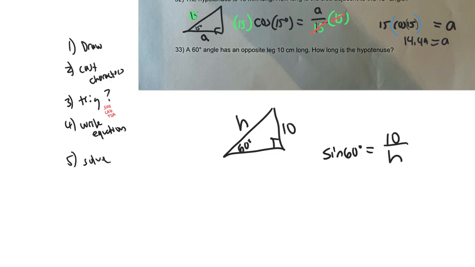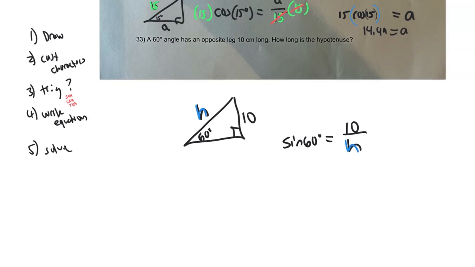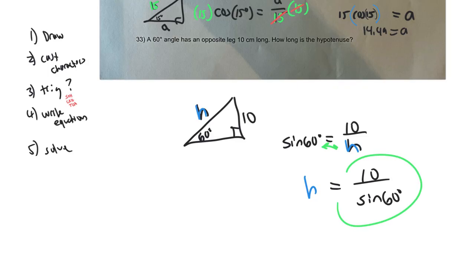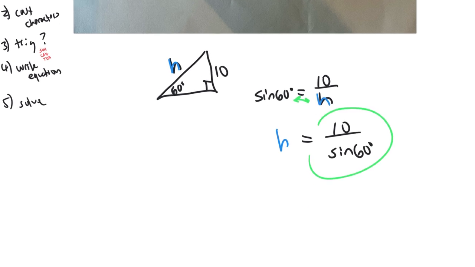Uh-oh, we got a swapperino alert. See that blue H? That blue H is going to swap with the sine. So the blue H is here, and then we have 10 over sine 60. That is something you could just throw into your calculator. I'm going to throw the whole thing into the calculator right now, and that's going to become